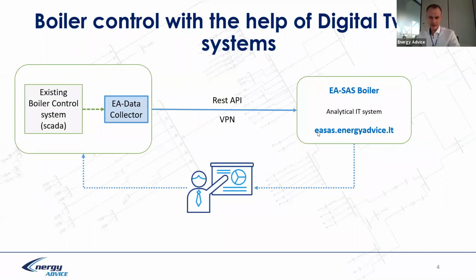Inside the analytical system, mathematical model, digital twin model is run, and each 5 minutes evaluate the state of the boiler through metered value from your control system. And this data evaluate automatically the status of the boiler, also including fuel calorific value, biomass calorific value, water content in the biomass.